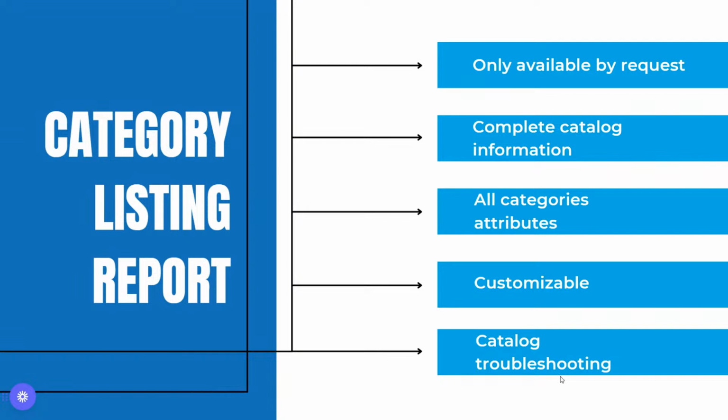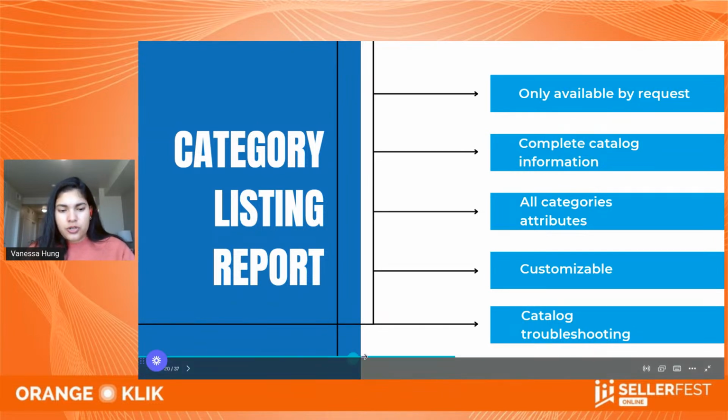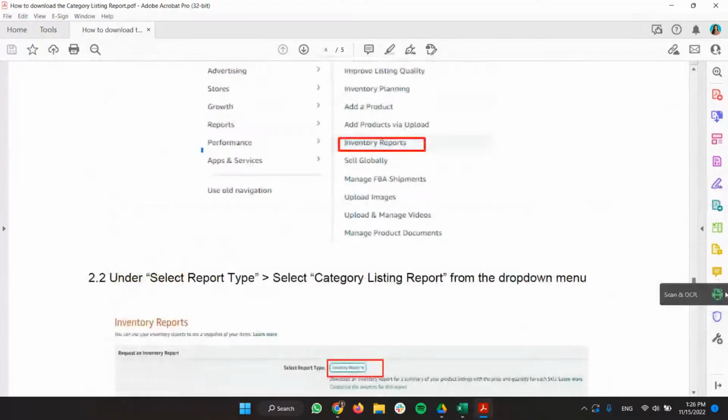If you don't have it available, I can walk you through how you can see if you have it available or not, and how you can open the case to get it active. You're going to go to your Seller Central, click in the menu, click Reports, and under Reports you will see Inventory Reports. Okay, in Inventory Reports you will have a section, and I can show you how that looks.